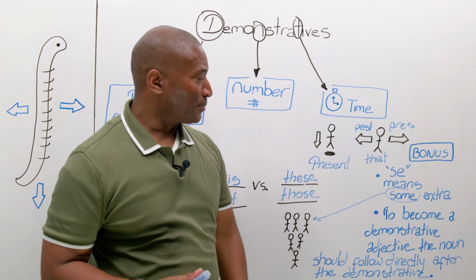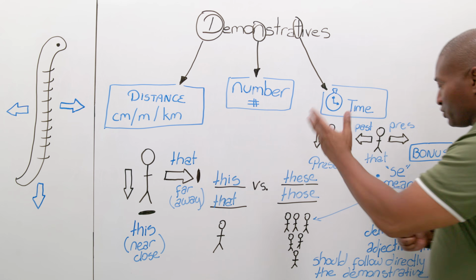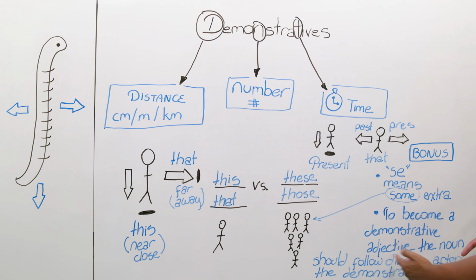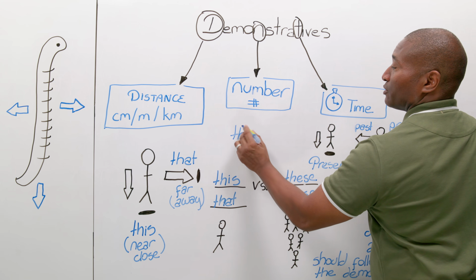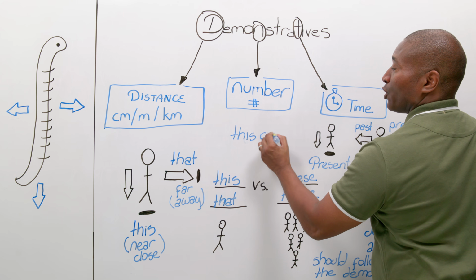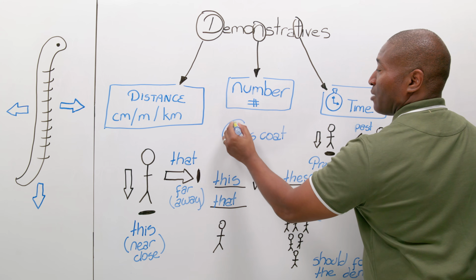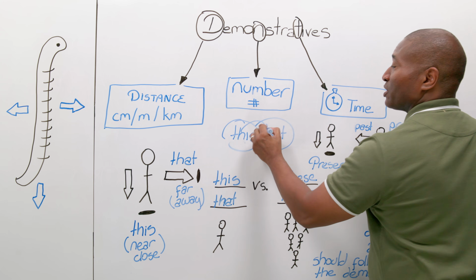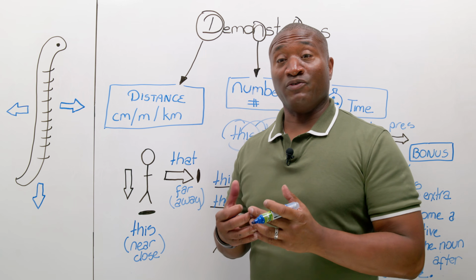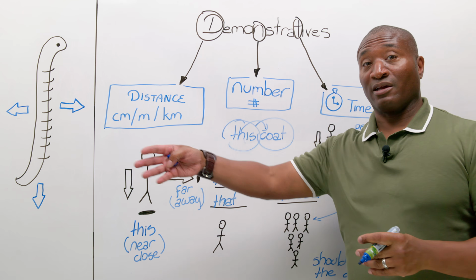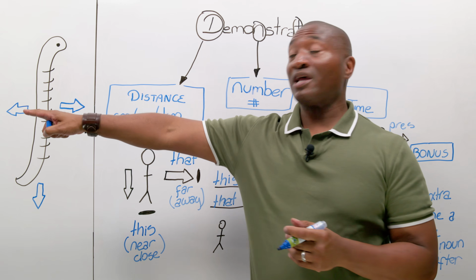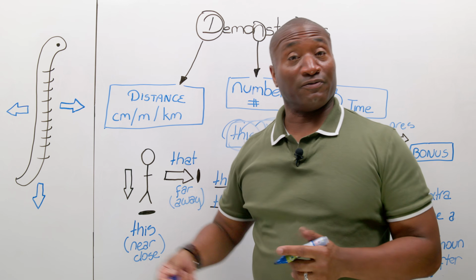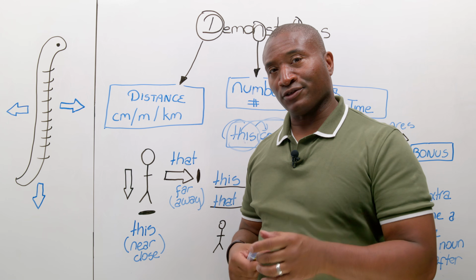Now, a second little bonus I want to give you. This is for you senior students. This is called a demonstrative. But if we want to make this an adjective, give it adjective form, all right? What we do is we'll do something like this. This coat. Okay? By adding this with coat, we're describing the coat because it's saying the coat is close to us. So we've changed it from a demonstrative to describing the coat, because where's the coat? Close to me, or that coat, far away. So we've given it an adjective function.